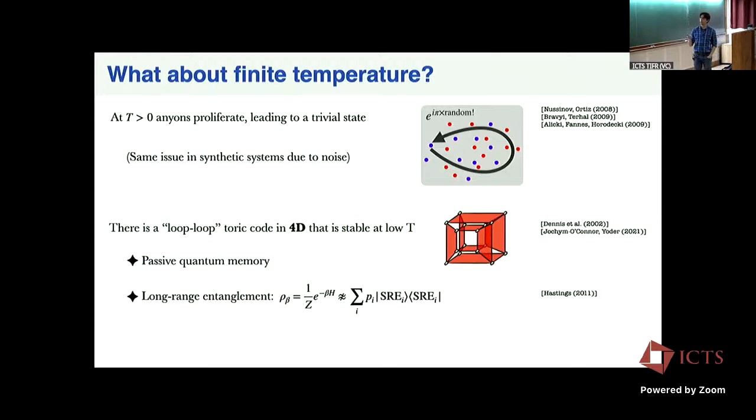There's a version of the toric code in 4 dimensions, where I still have 2 types of excitations, E and M, but now they are both not point-like but extended loop-like excitations, like how domain walls in the Ising model become loops in higher dimensions. And this leads to thermal stability. This is a state that survives at finite temperatures until some critical temperature. There are different properties you can establish at low enough temperatures. One is that you can use this as a passive quantum memory, and I'll explain what that means in the next slide.